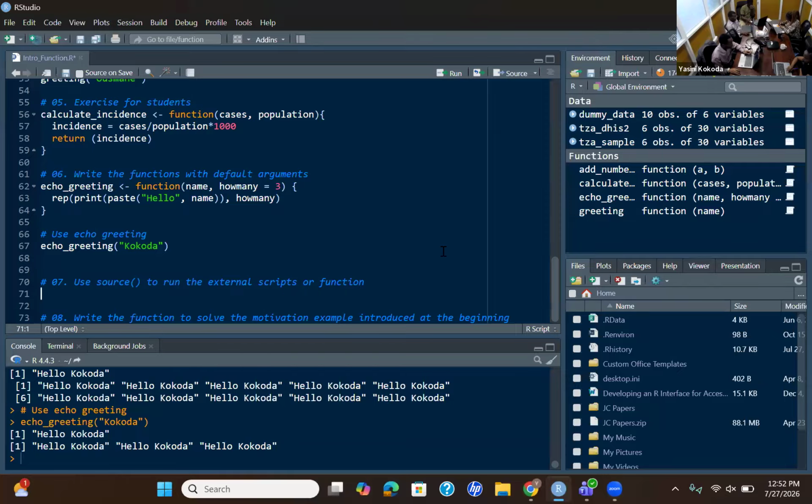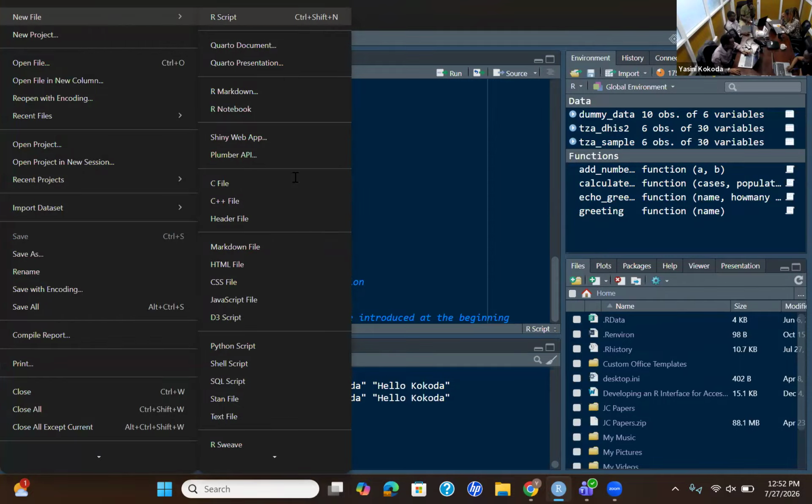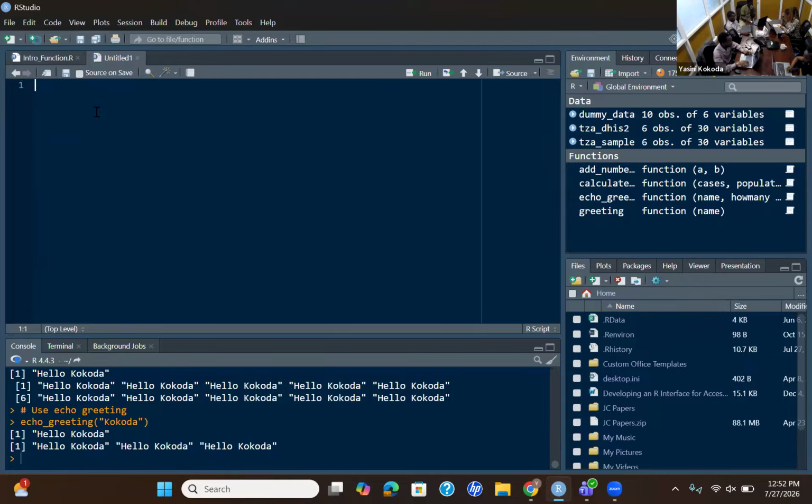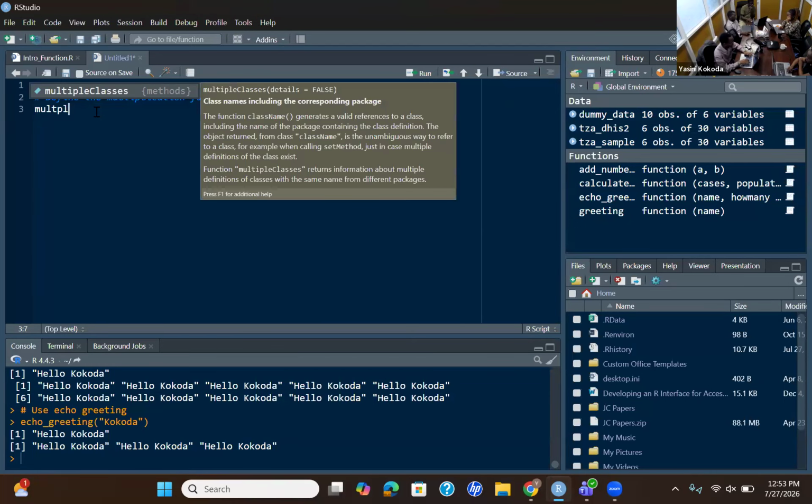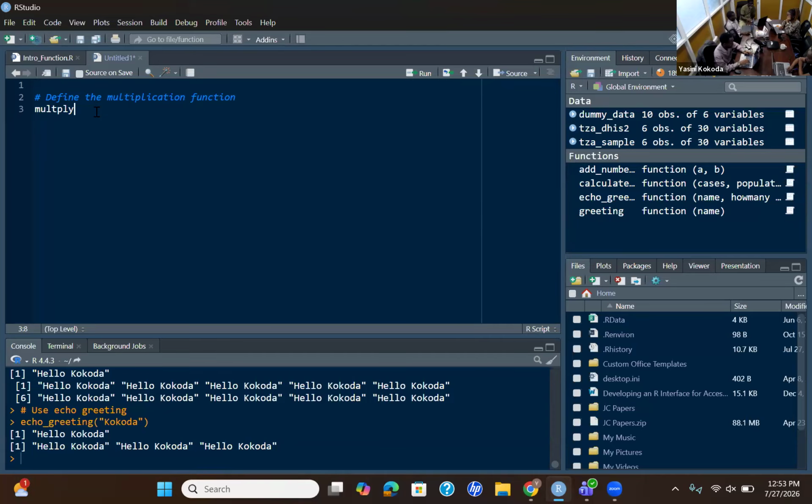So what we are planning to do here is create an external file, a new R script file, and define a multiplication function. Open the new script, please, and call the function multiply.